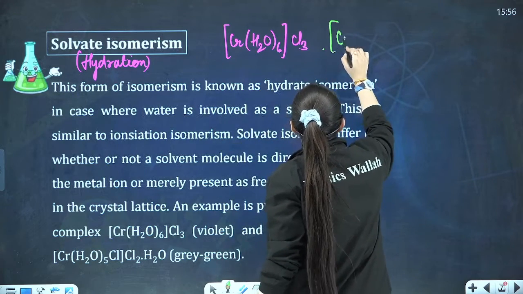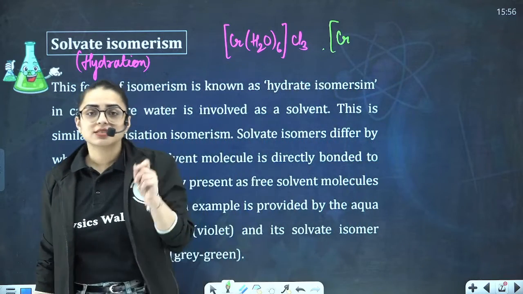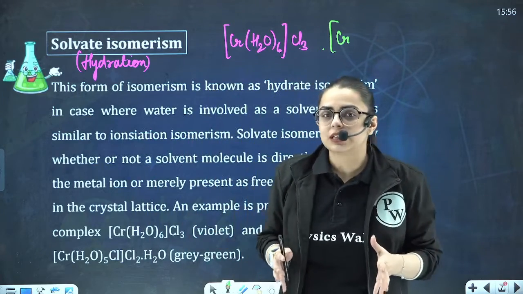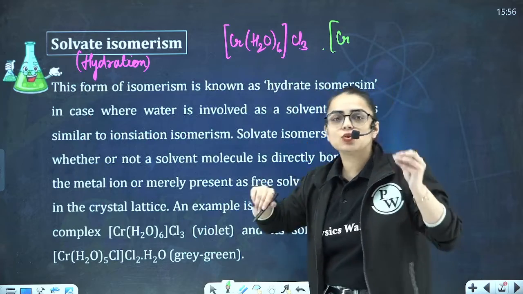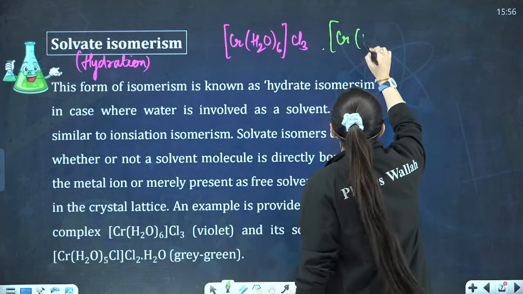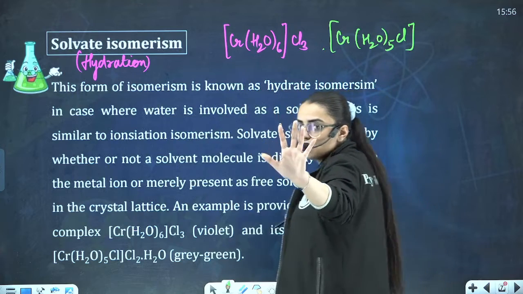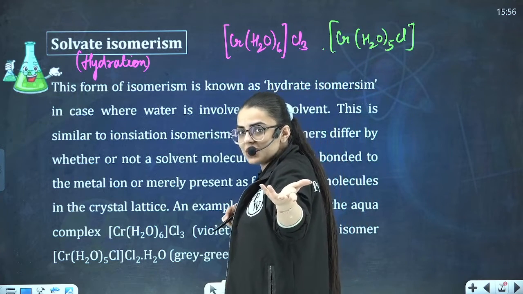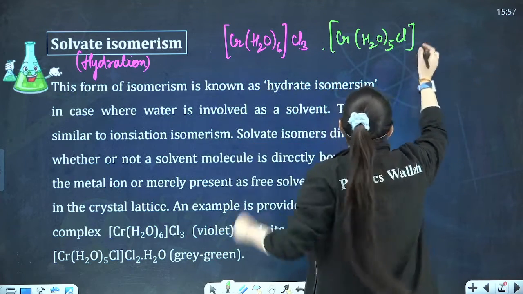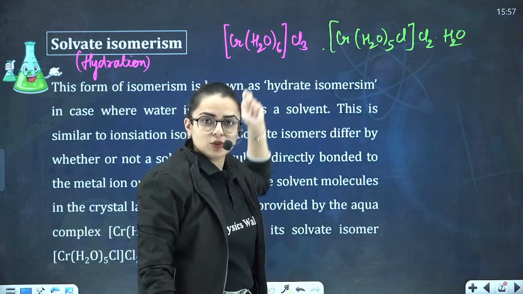So what will happen here? Now see, the coordination number should remain the same. Here the coordination number is 6, meaning 6 ligands are bonded to the central metal atom. Here we have 6 H2O attached to the central metal atom. If we replace one water with Cl, we get H2O 5 and one Cl inside. Again, 5 H2O and 1 Cl, so the coordination number becomes 6 again. Now how many will be counter ions or ionizable ions? 2 will be chlorine and 1 will be our water molecule. 2 will be chlorine because 1 chlorine is now behaving as a ligand.